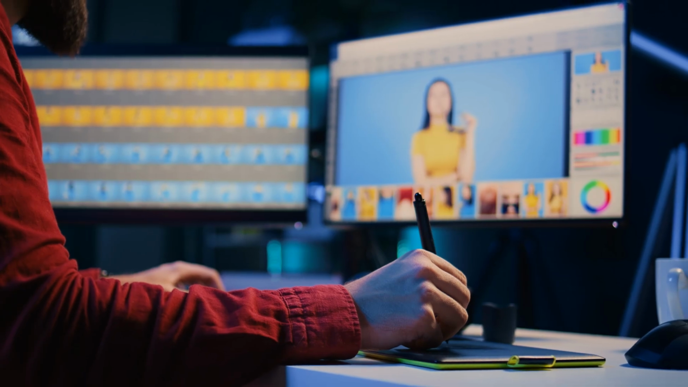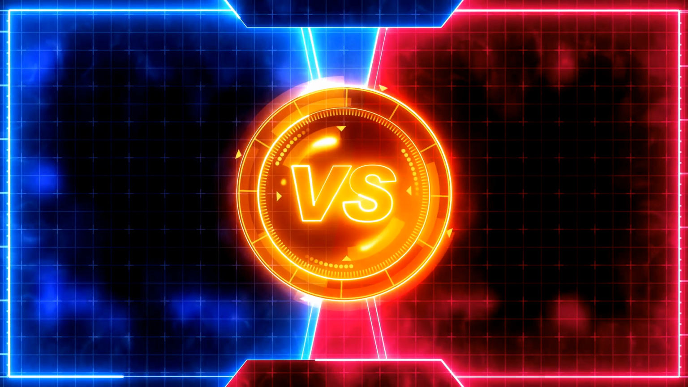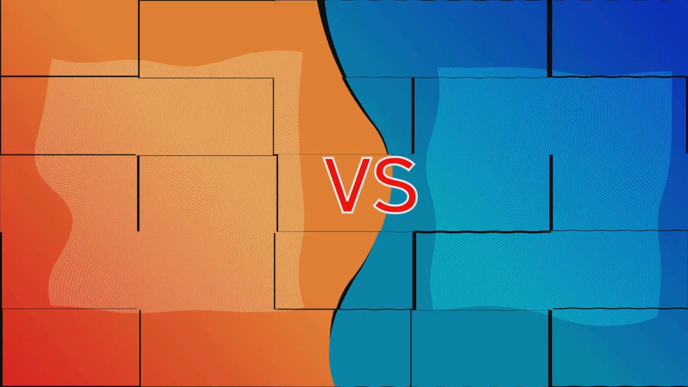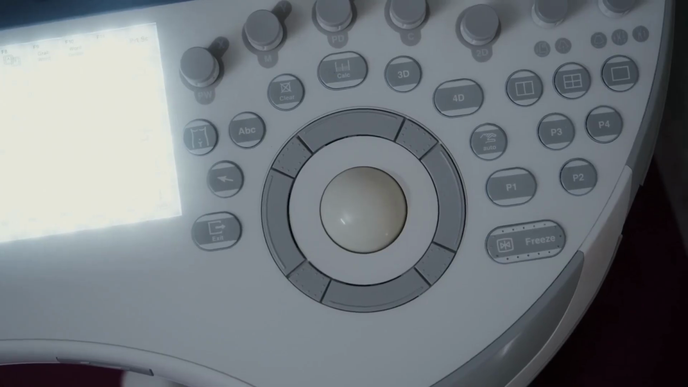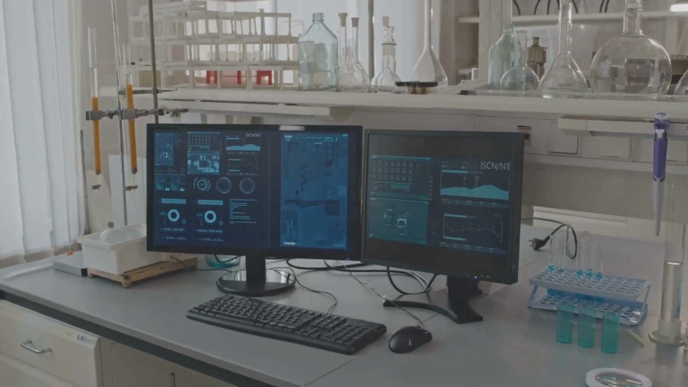So, you're standing at a digital crossroads. On one side, Tool A, incredible speed, sleek, modern interface. On the other side, Tool B, the established industry standard, a feature for everything. You just want one specific job done. But